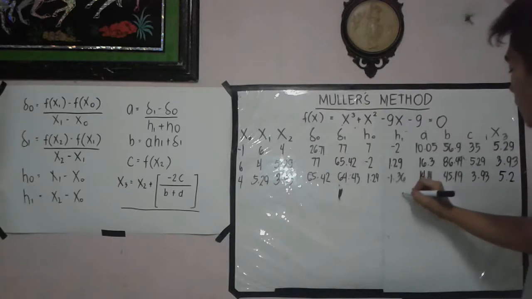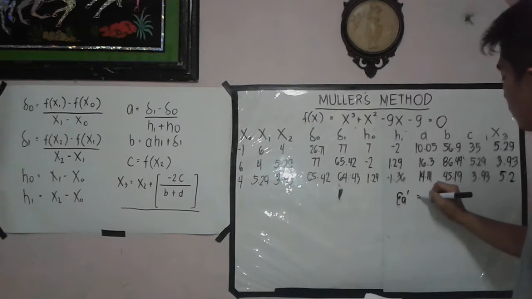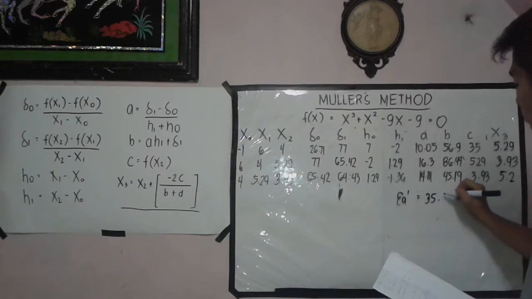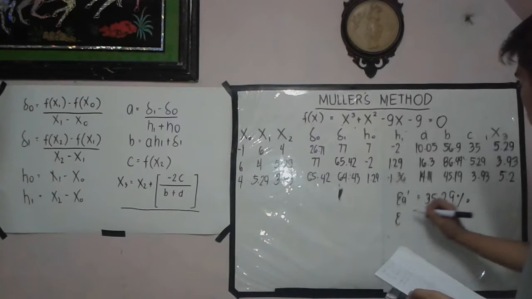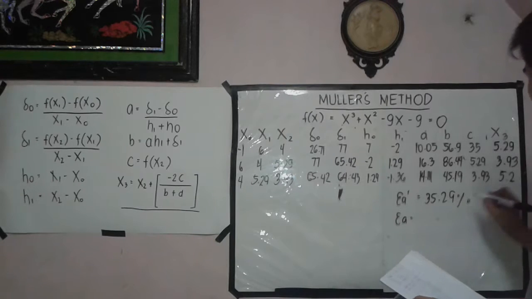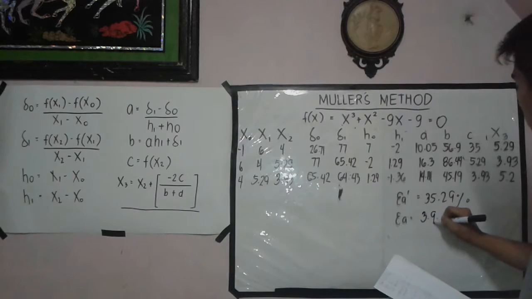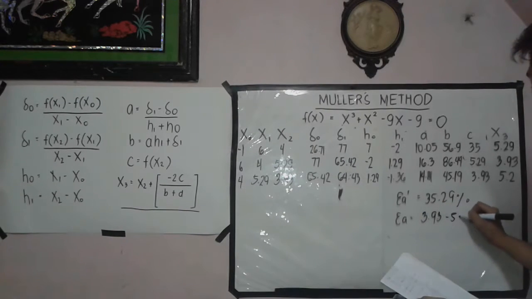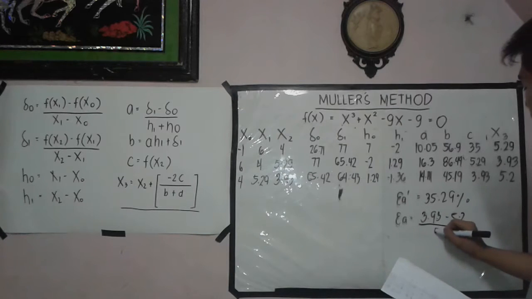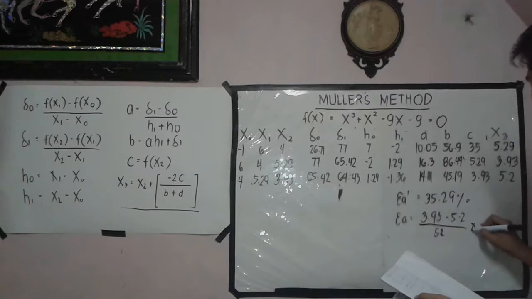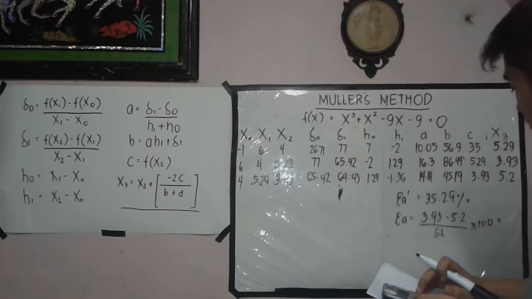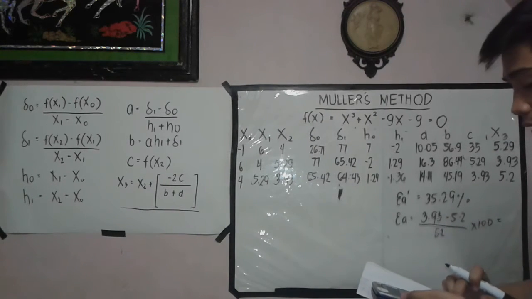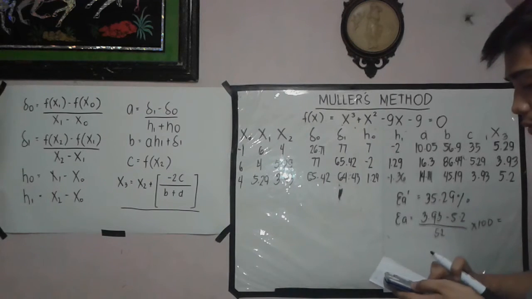So before we have the margin of error of 35.29. Now, using the equation 3.93 minus 5.2 over 5.2 times 100, 3.93 minus 5.2 over 5.2